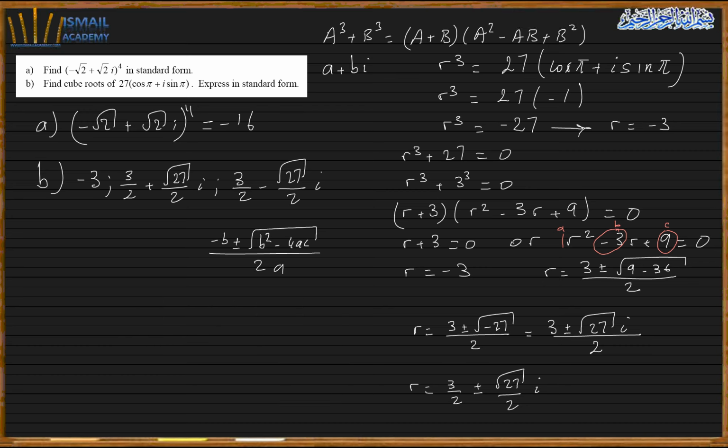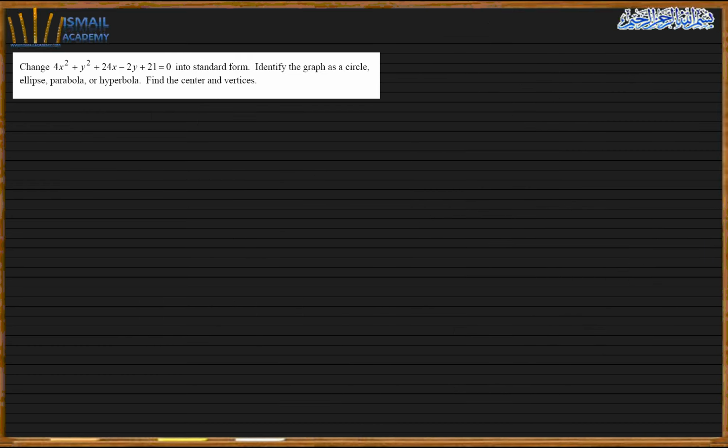So let's move to the next question. So here they give me an equation, and they ask me to write it down into standard form. So that means this is a conic equation, so I need to see what type of conic I have, either parabola, hyperbola, ellipse, or circle. So let's